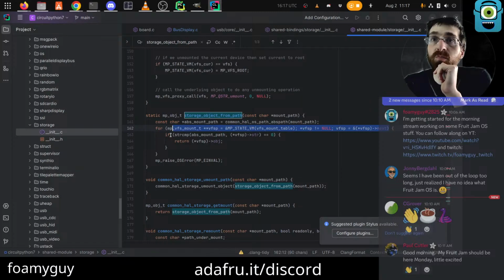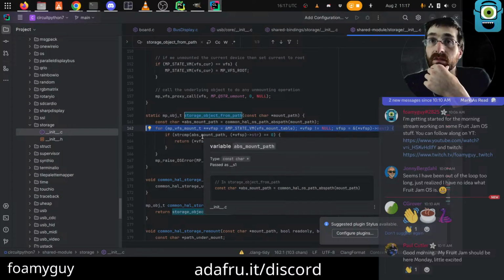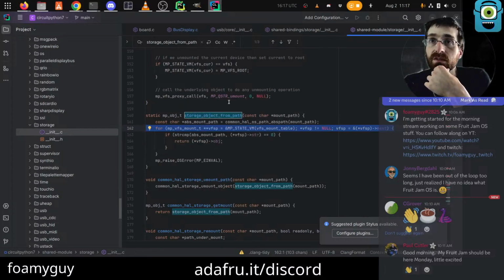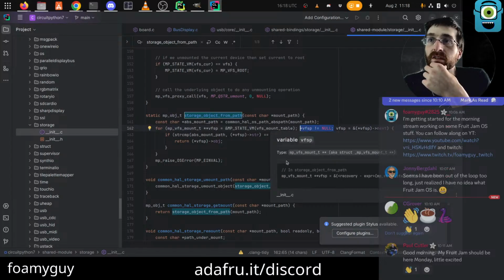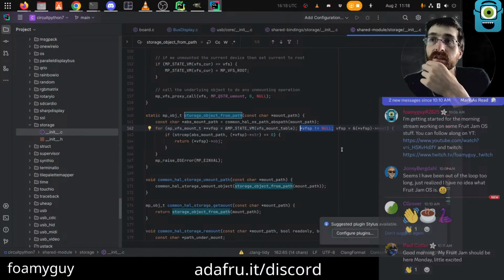I don't know. Loop over all the mounts? I don't even know what that's doing. String compare. I mean, it must be looping over all the mounts, I think, but the precise syntax is fascinating. This is a nice touch. A for loop with a while loop condition. Nice touch.